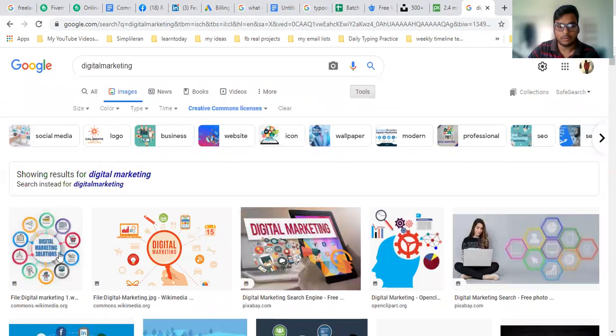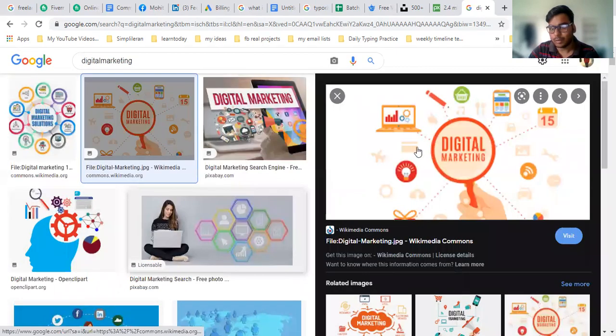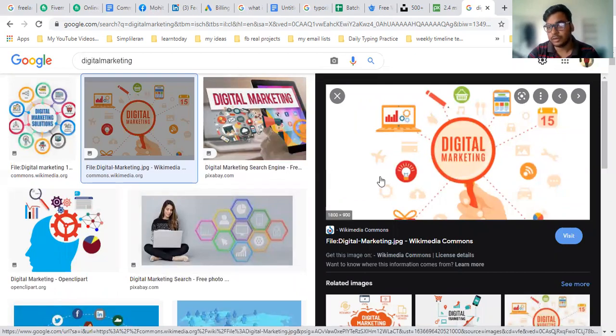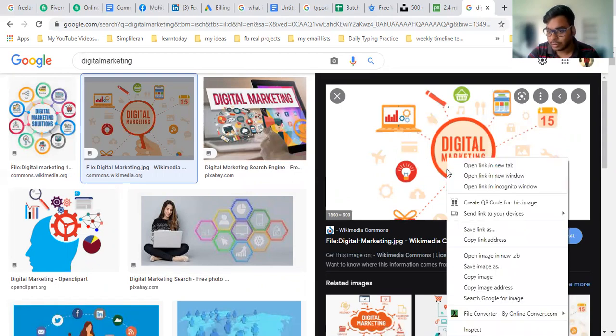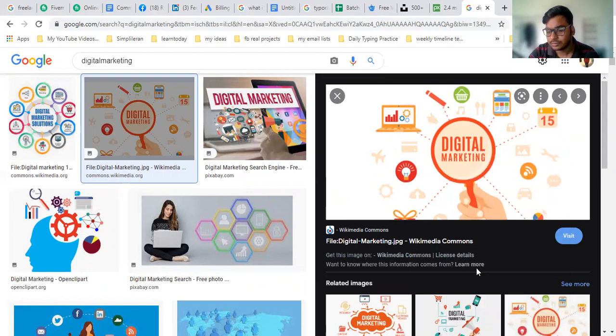Yeah, so let me download one for you. You need to click on the image. After clicking on the image, give it 10 or 20 seconds to fully load. Then right click on the image and click on save image.